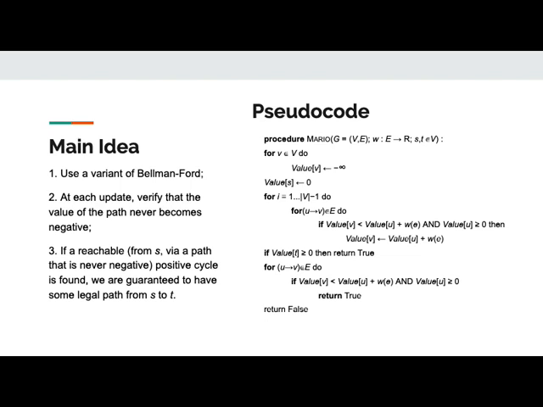You should never become negative. The idea is that at each update, you want to verify that this never becomes negative. And where's that done? That is done by this condition here. Notice that in the original pseudocode of Bellman-Ford, there's no such statement. But you only want to update if you are sure that this path is going to give you a positive value, right? So this is not necessarily the path to the exit, which is T, because you are checking T